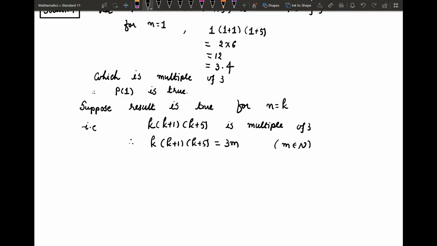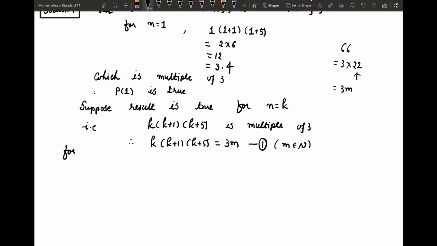For example, you observe 66. It is a multiple of 3. So 3 into 22. This is our m. So we can put it into the form 3m. If any number is a multiple of 3, then 3 must be a coefficient, and vice versa. If we can show that 3 is a coefficient, then we can claim that number is a multiple of 3, subject to the condition that the remaining coefficient must belong to integers. Now let us prove result is true for n equal to k plus 1.